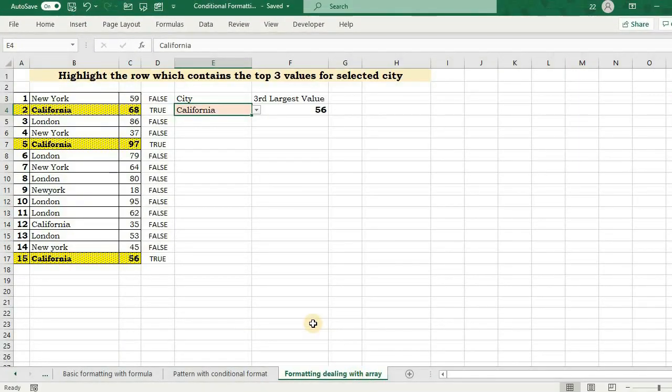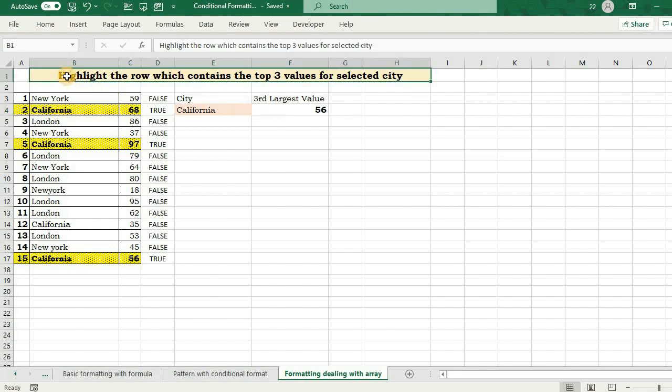Now the last important thing about conditional formatting is that you can even use array formulas in the formula box. At times, if Excel does not properly recognize the formula, like some of them require Control Shift Enter in some previous Excel versions, you can define those formulas with a name and then paste the same in the formula box. I am using Microsoft 365, so I won't be required to press Control Shift Enter. So I am taking one example to show you how you can key in an array formula there.